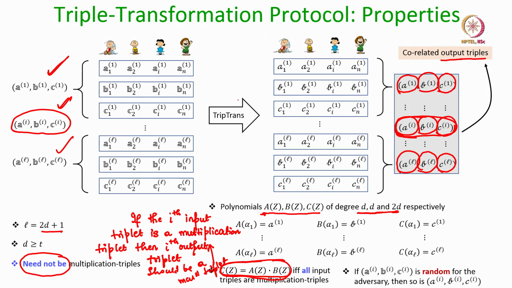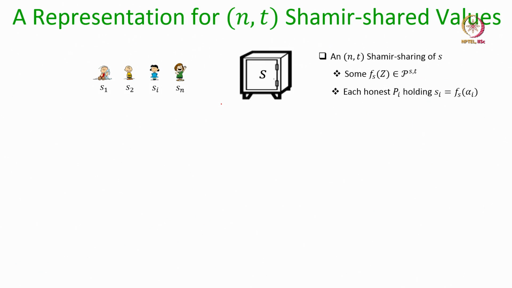Later on we will see that assuming we have this triple transformation protocol, how we can instantiate the two components of our efficient framework for the pre-processing phase protocol. So, now we will see in this lecture how to instantiate the triple transformation protocol. Before going into the instantiation of the triple transformation protocol, for the purpose of representation, I will introduce here a notation for representing